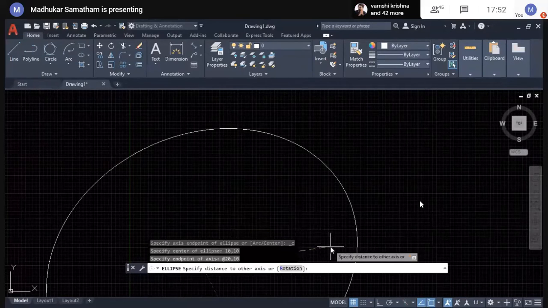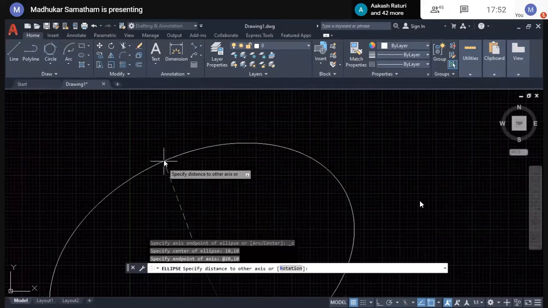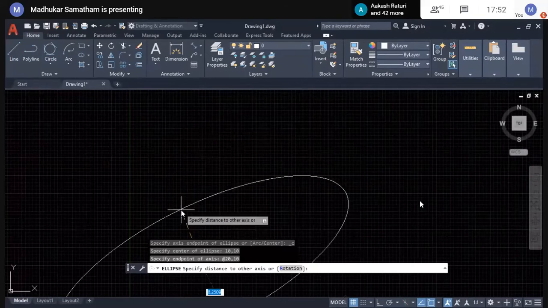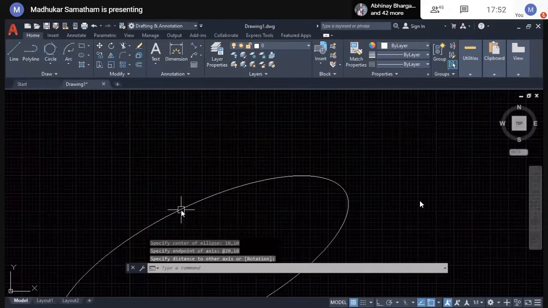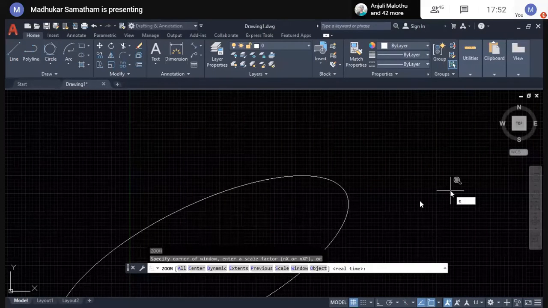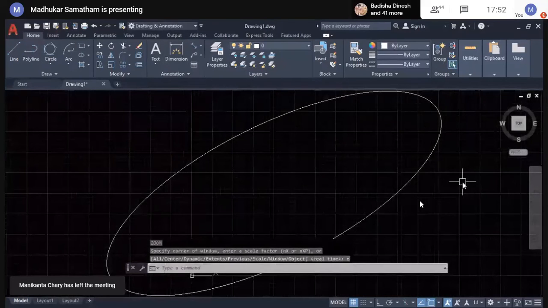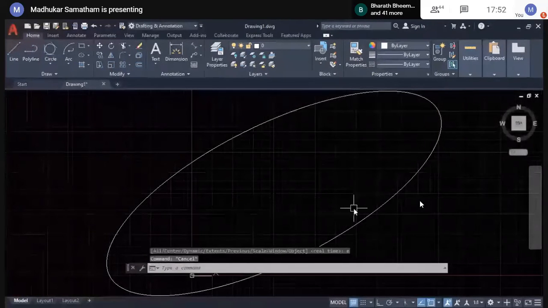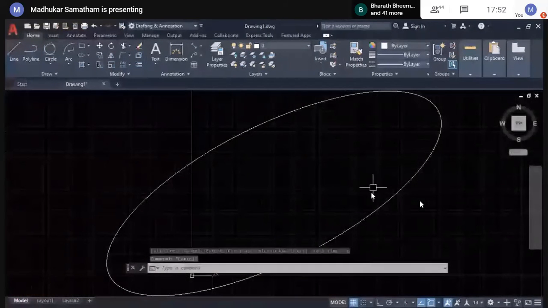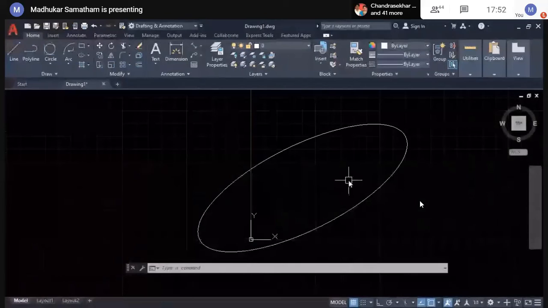Specify the distance to other axis or rotation. Anything you can specify. The ellipse option, simple ellipse option.